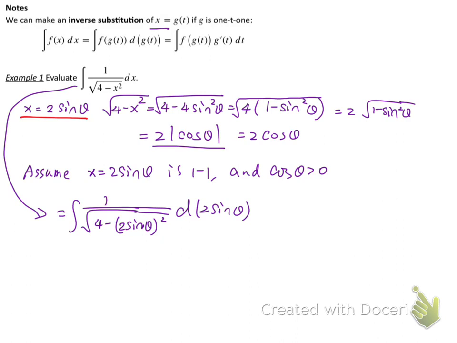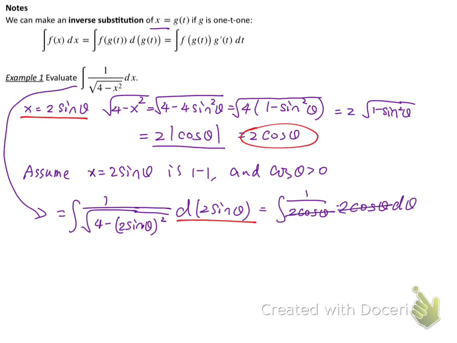This radical, square root of 4 minus x squared, will end up being 2 cosine theta. So this is the integral of 1 over 2 cosine theta, and differentiating this part, first you get 2, then you get cosine theta d theta. They cancel each other, and you really just get theta